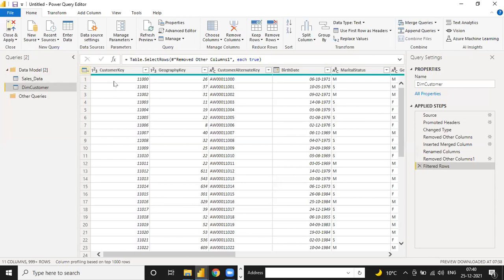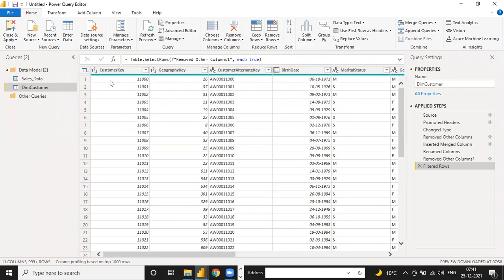Suppose you add any sheet into your data, and about 2 or 3 lines are not good. Like you don't need about 3 or 4 rows, not columns, 3 or 4 rows you don't need. Then there is an option here, Remove Rows. You can just click on Remove Rows and you have 6 options. So one by one you can understand. See, in this data only we can understand.